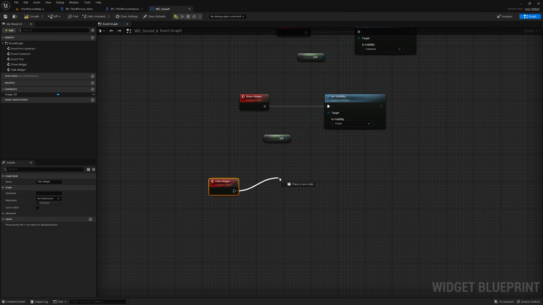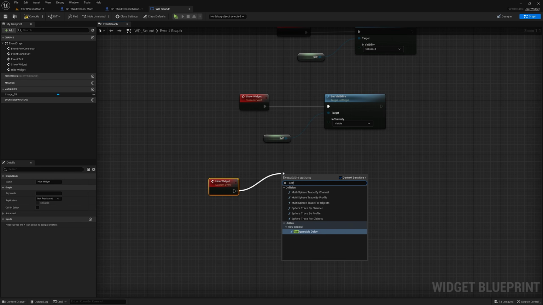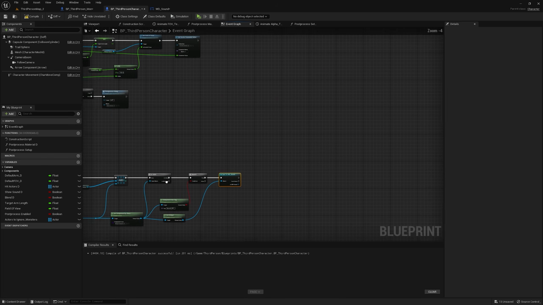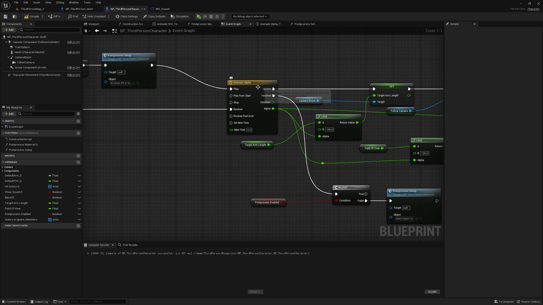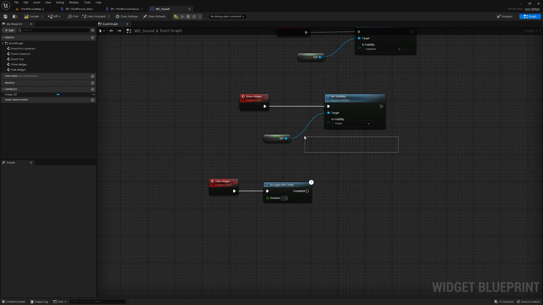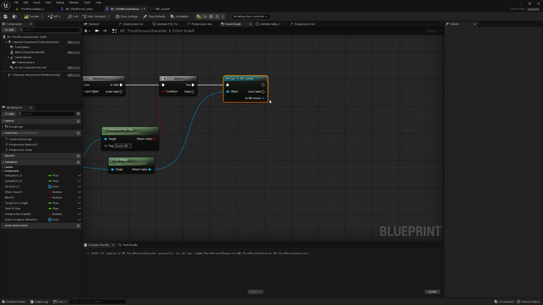And for the hide widget, we will get a retriggerable delay and give this a value of 1, because we only want this to hide after 1 second because our timeline is 1 second. So if you change the timeline, we need to change the delay also. So after 1 second, we will just collapse this again. So collapsed. Now we can go back to the blueprint